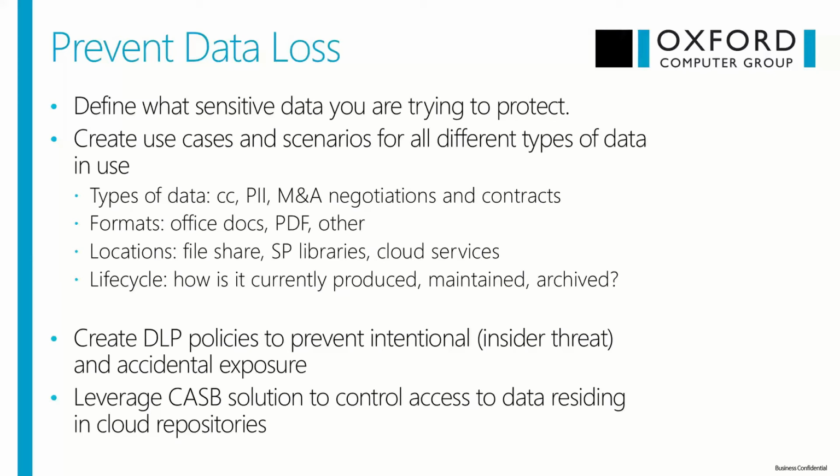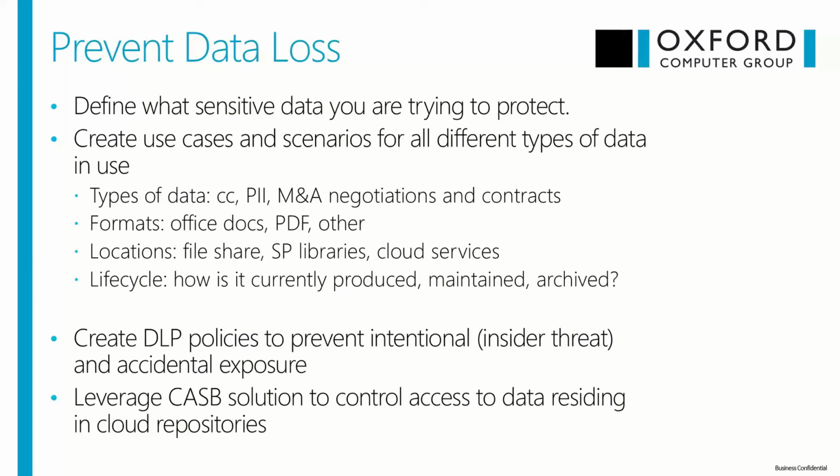So any kind of DLP solution is going to ensure that information is not accidentally or intentionally leaked from the organization. So you do that with policies. So you want to make sure you define those policies, define that sensitive data that you're trying to protect. And then before you start creating policies with your actual DLP solution that you may have in place,